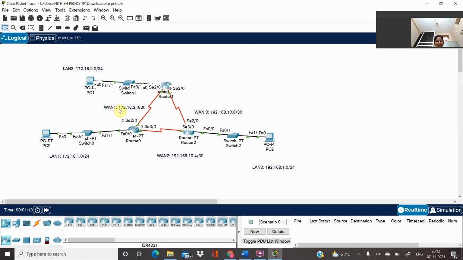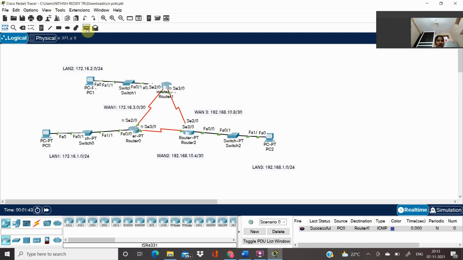I gave my WAN 1 as 172.16.3.0/30, my WAN 2 as 192.168.10.4/30, and my WAN 3 as 192.168.10.8/30. Now I'm going to ping, first from PC0 to router 0,